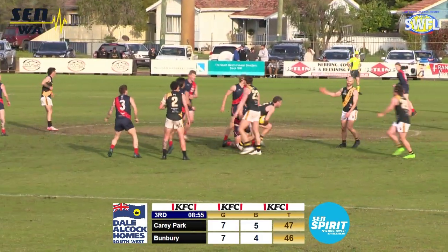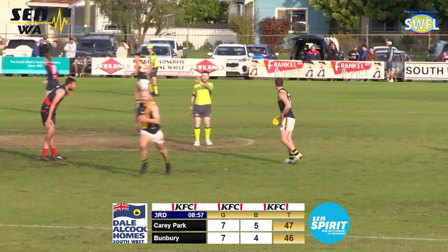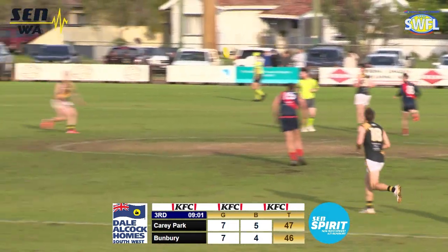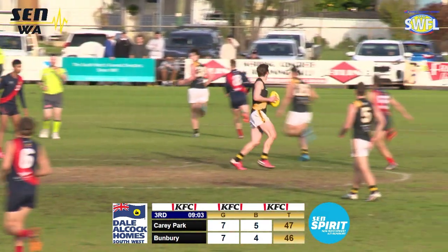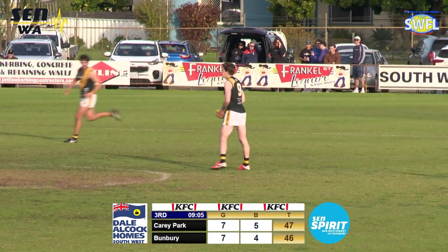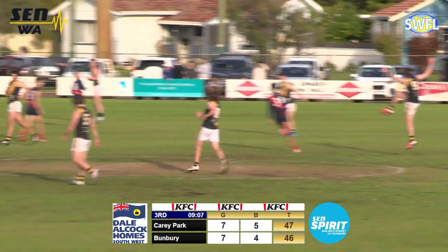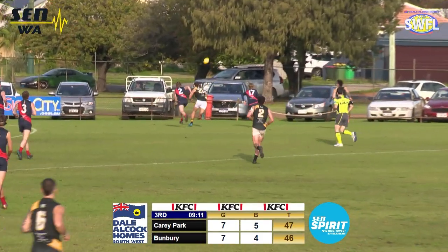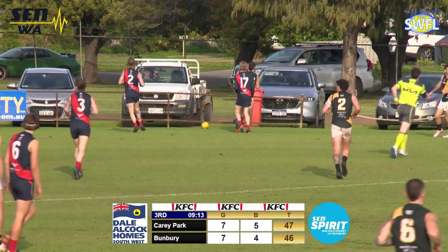Comes over there. That's to the King. Creasy's been really dominant in this third quarter. He has lifted his game, hasn't he? High tackle, brings the ball inside and finds Denham King, still in the middle of the ground. He plays on, goes wide, looking there for Gribble. Goes over Gribble's head. It comes there to Kupernitsky, but the ball...